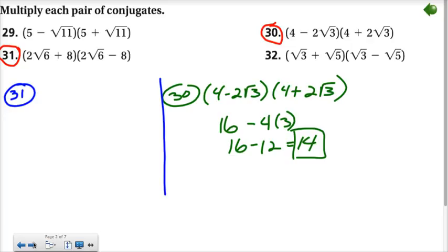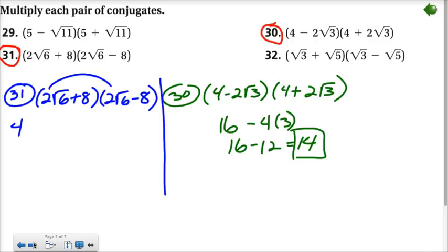So I look at 31 and I say I like this problem because it is conjugates again. And that just means we need to do first times first and last times last. So first times first is going to give you 2 times 2, which is 4, and the square root of 6 times the square root of 6 is 6. Outside times outside, inside times inside, cancel each other out. Last times last is 8 times 8, which is 64. So we get 24 minus 64, which is, of course,